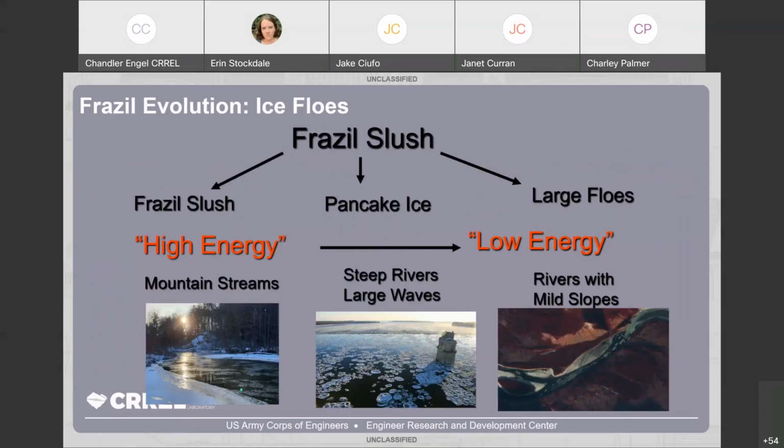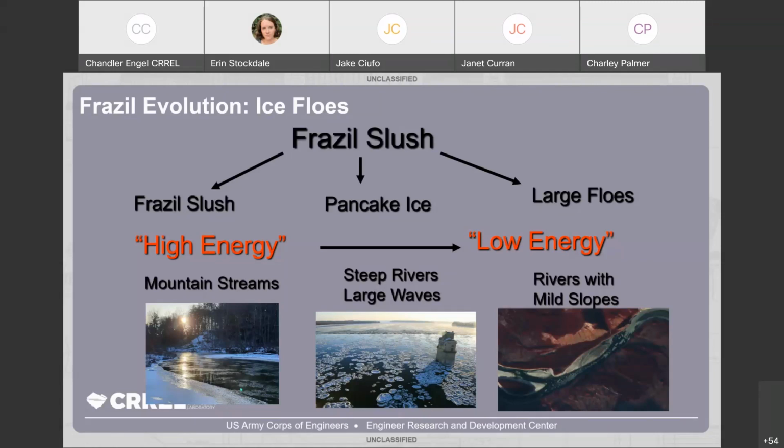So I alluded to this in the last slide, but in higher energy systems, the Frazil slush might just continue downstream, more or less in this loose form. It might grow a little bit as it moves along. In medium energy rivers, but still relatively steep, we see the formation of pancake ice commonly. These are also seen in bodies of water where there's a lot of wave action. These Frazil ice flocks join together into distinct accumulations that then interact with other accumulations surrounding them. And these interactions, these collisions, will tend to cause the ice to form these roundish shapes, hence the term pancake